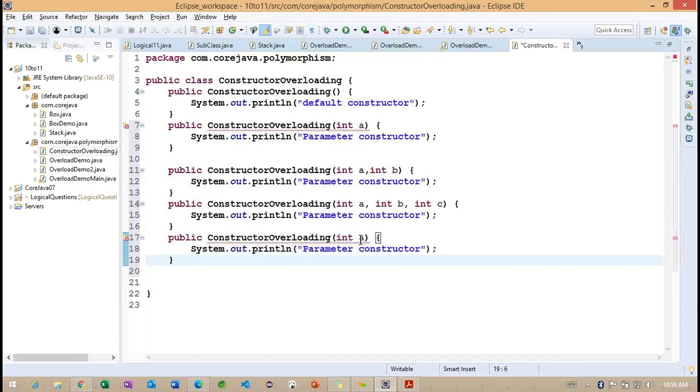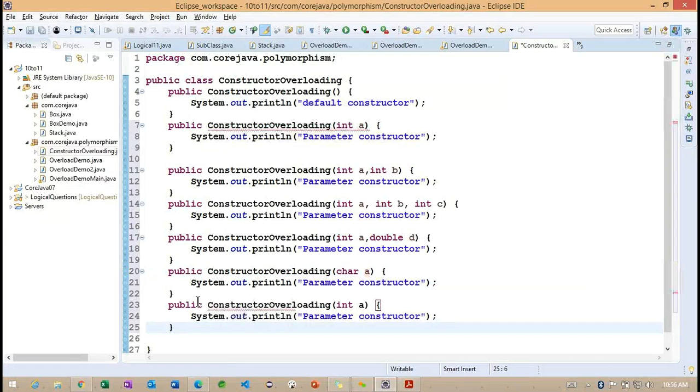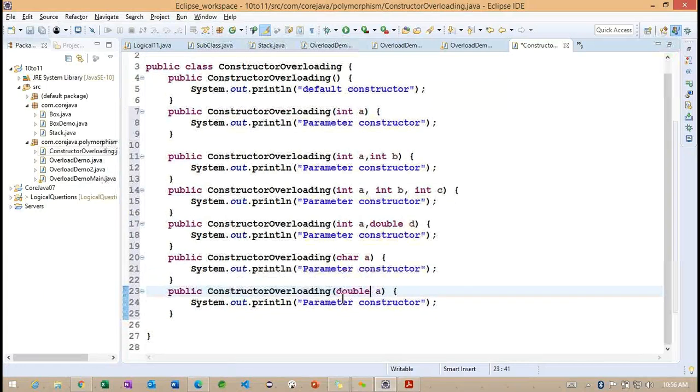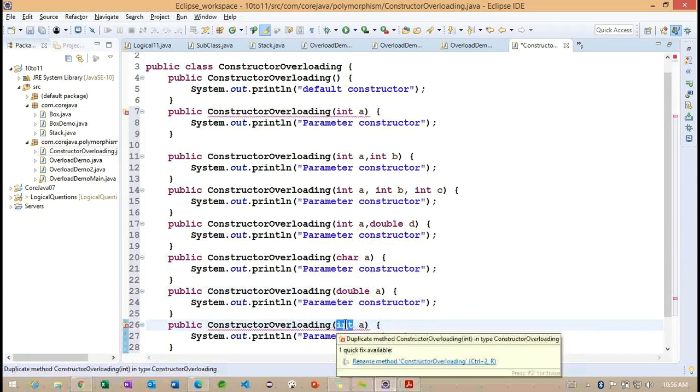Same way I'm going to add int comma double t, right? And now you can understand here, so instead of integer I want to check with the char, and here I can work with double. So carefully observe how many constructors I'm trying to create here.